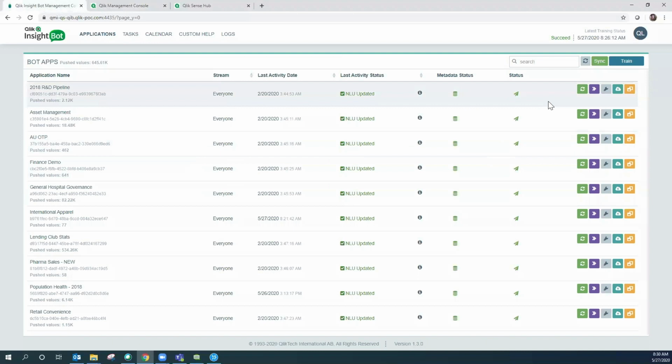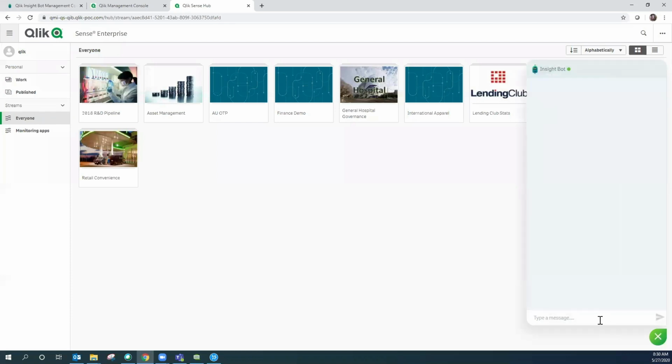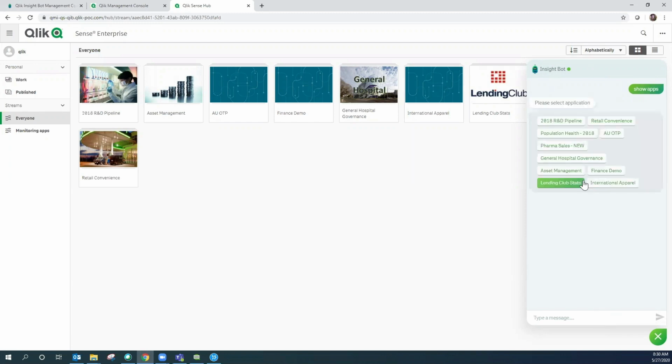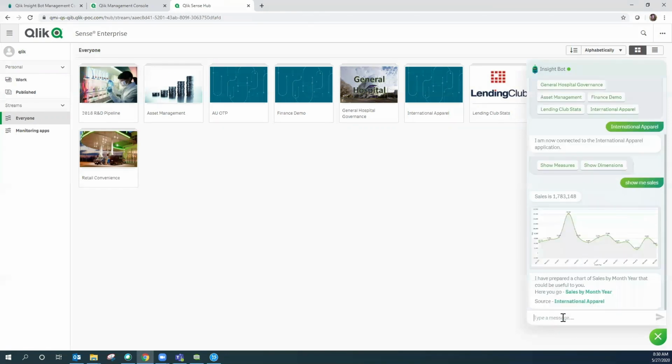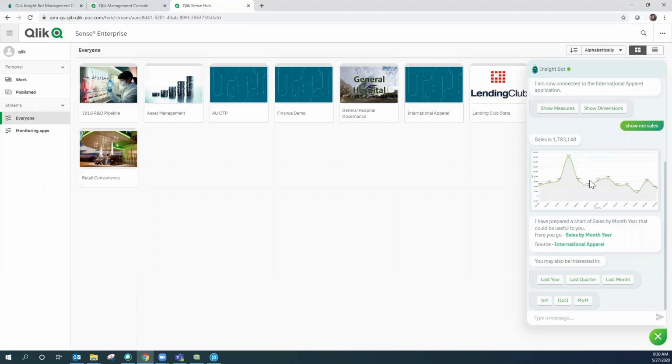So once the training of the Insight Bot is complete, let's go back to the Qlik Sense hub, and we'll open up the Insight Bot. And I'm going to type in show apps, and we'll see if the International Apparel application is here. It is, so let's just select that. And we will say, show me sales. So as you can see, we have the KPI presented, the line chart,